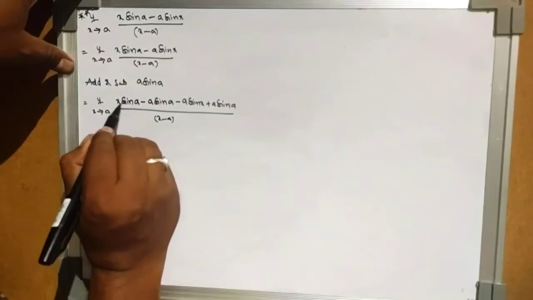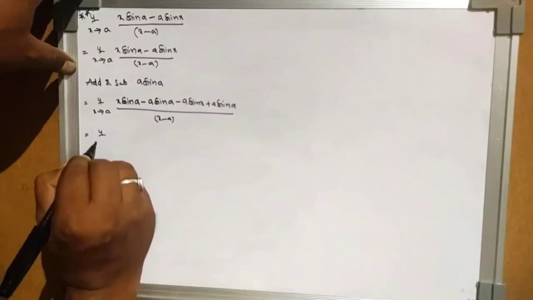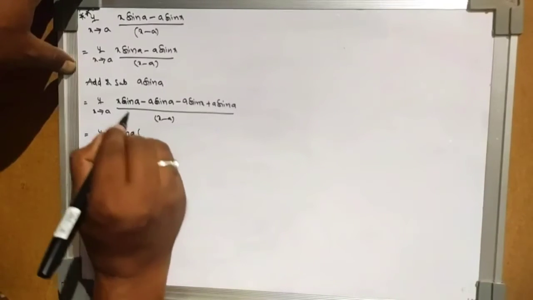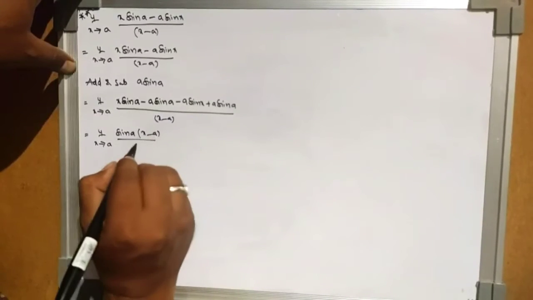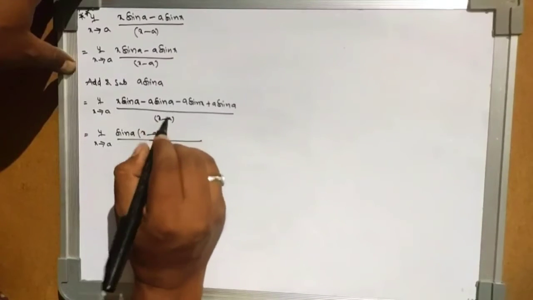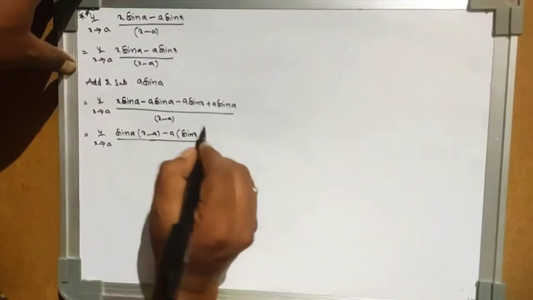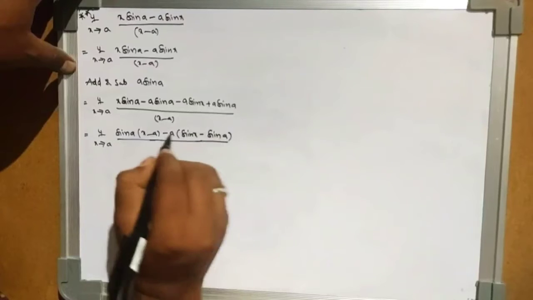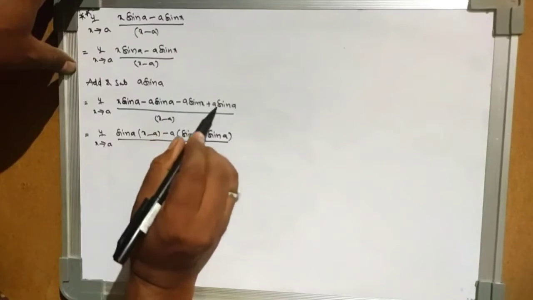If you observe here, in the first two terms sin a is the same, so take sin a common outside. It becomes limit x tending to a, sin a of (x minus a) by, sorry, from here take minus a common, then it becomes sin x minus sin a. When you take the minus common outside, the positive term becomes negative and the negative term becomes positive.